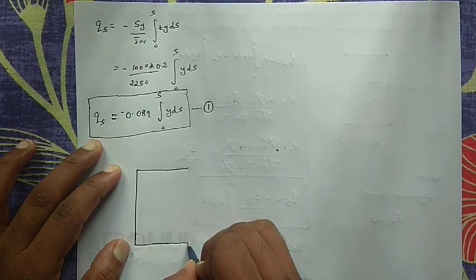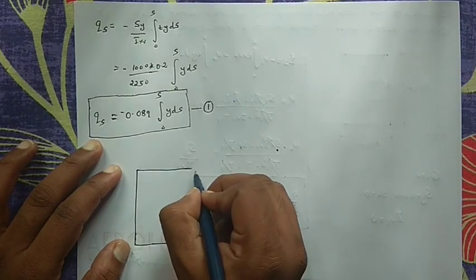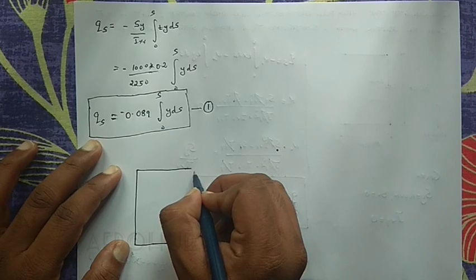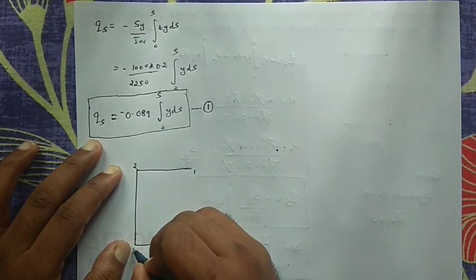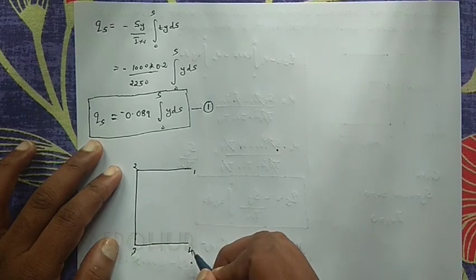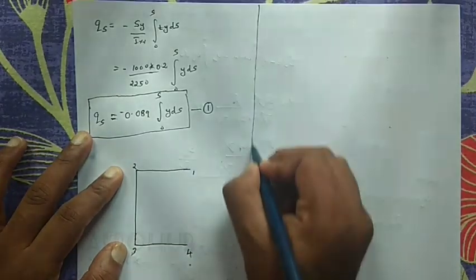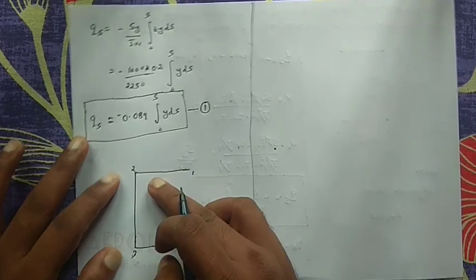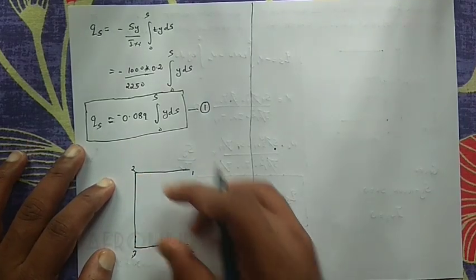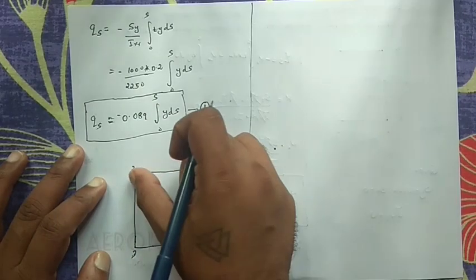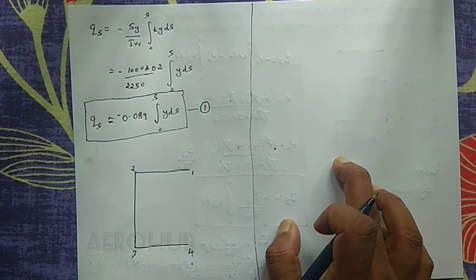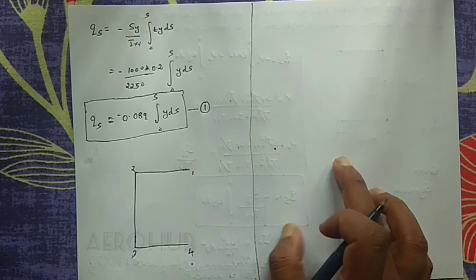Similar to the Z section analysis, I will analyze the shear flow distribution for each portion. Portion 1, 2, 3, 4. So first of all we will analyze portion 1, 2, then 2, 3 and 3, 4. The height of the web is 30 and the width and total length of the flat is 20 centimeter.